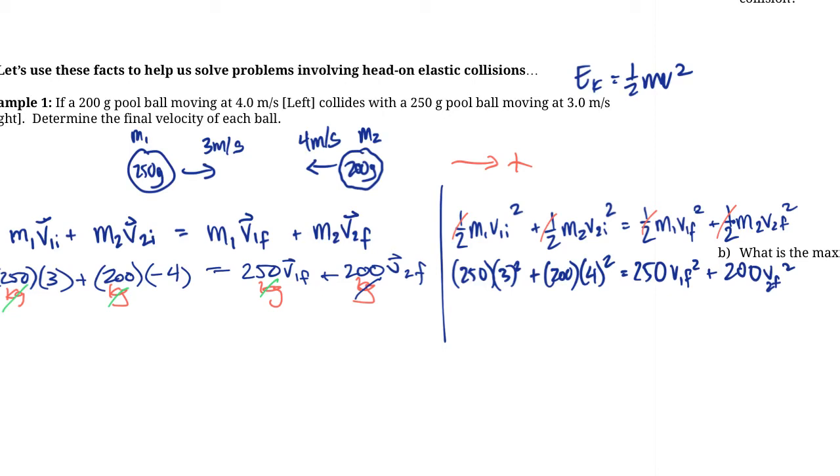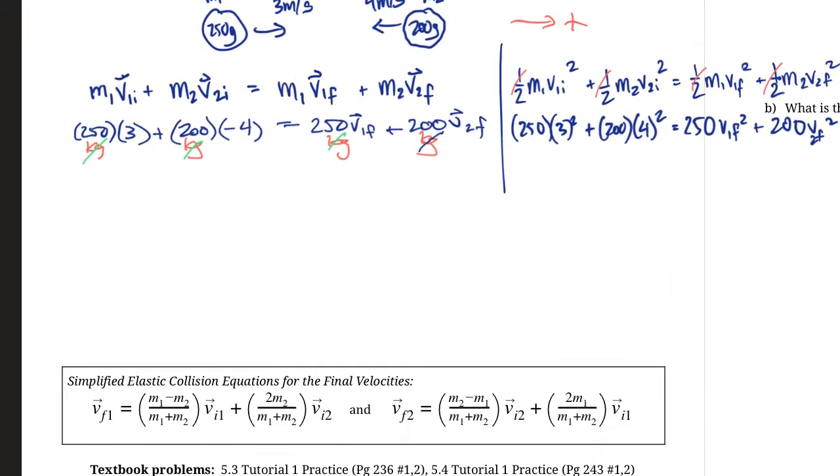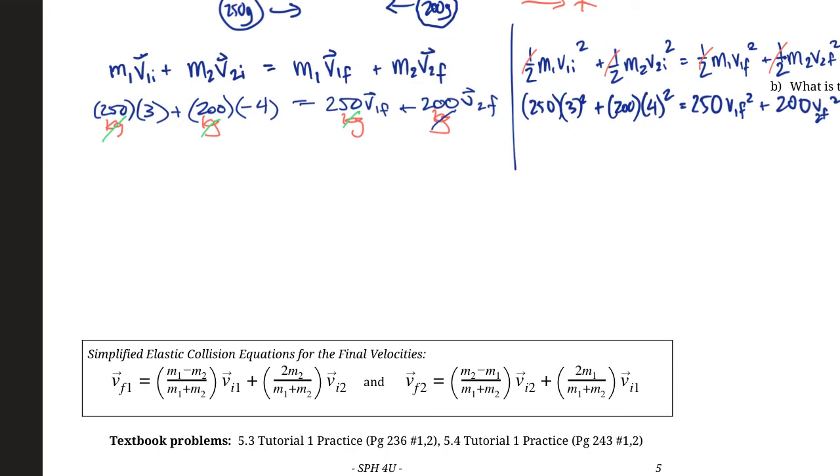So I'm actually not going to ask you to do that. If you want to try to do that just as an exercise, like a math exercise, you can. But since this isn't a math course, it's a physics course, I'm going to give you a bit of a shortcut. And the shortcut is this, down below at the bottom of the page. So you can actually plug everything in and simplify the equations. Instead of doing the quadratic formula and stuff like that, you can simplify it so that our final velocity can